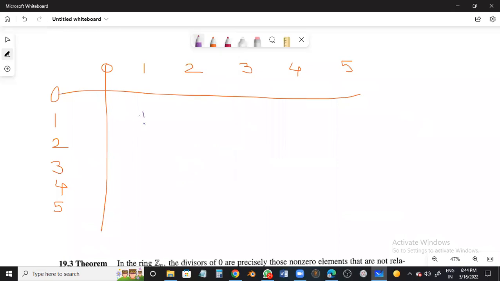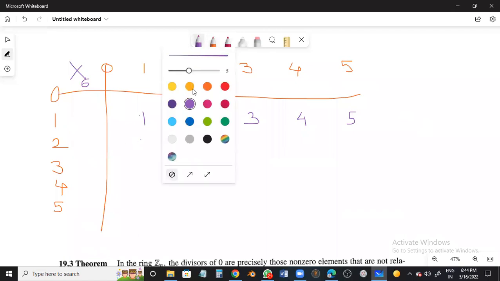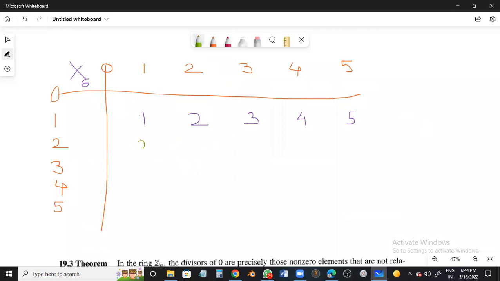Come on. 1 1's a 1, 1 2's a 2, 1 3's a 3, 1 4's a 4, 1 5's a 5. I hope you'll not forget we are in Z6, so multiplication modulo 6 you are telling me. 2 1's are 2, 2 2's are 4, 2 3